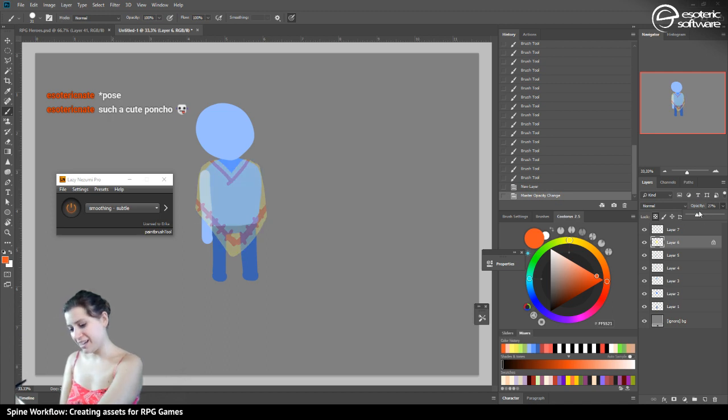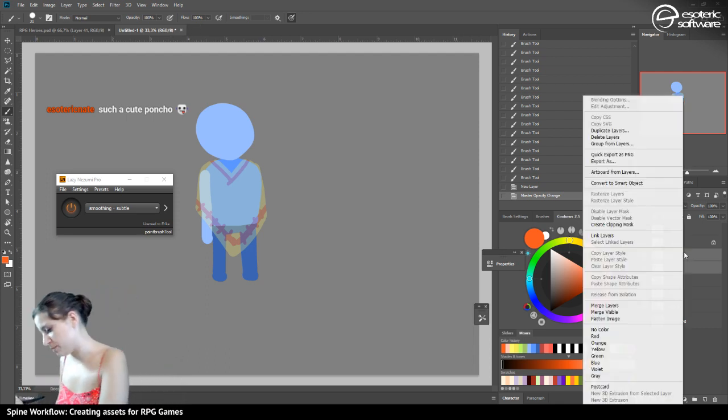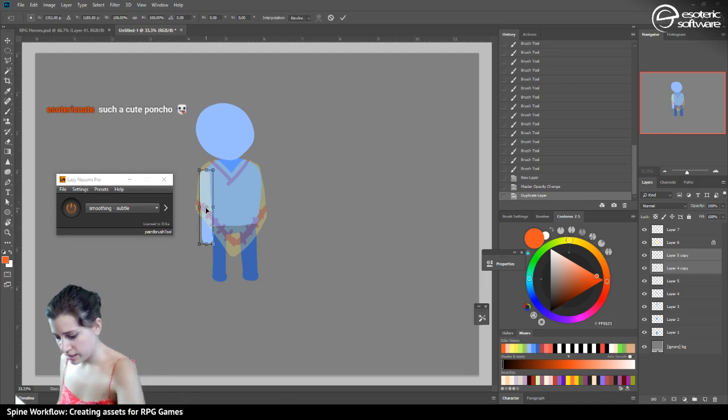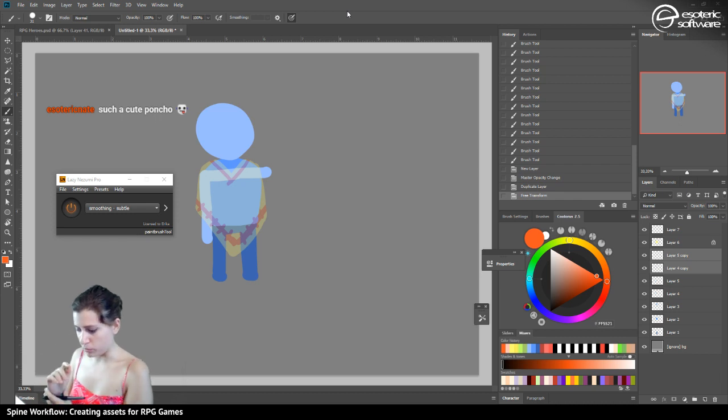So, in another pose, I'll make a copy of this just for the sake of making copies. I'll duplicate the layers, transform, change the row here, take it up. So in another pose, he's like this, okay? And he'll have a different poncho. So I'll deactivate it here. And the poncho will be,